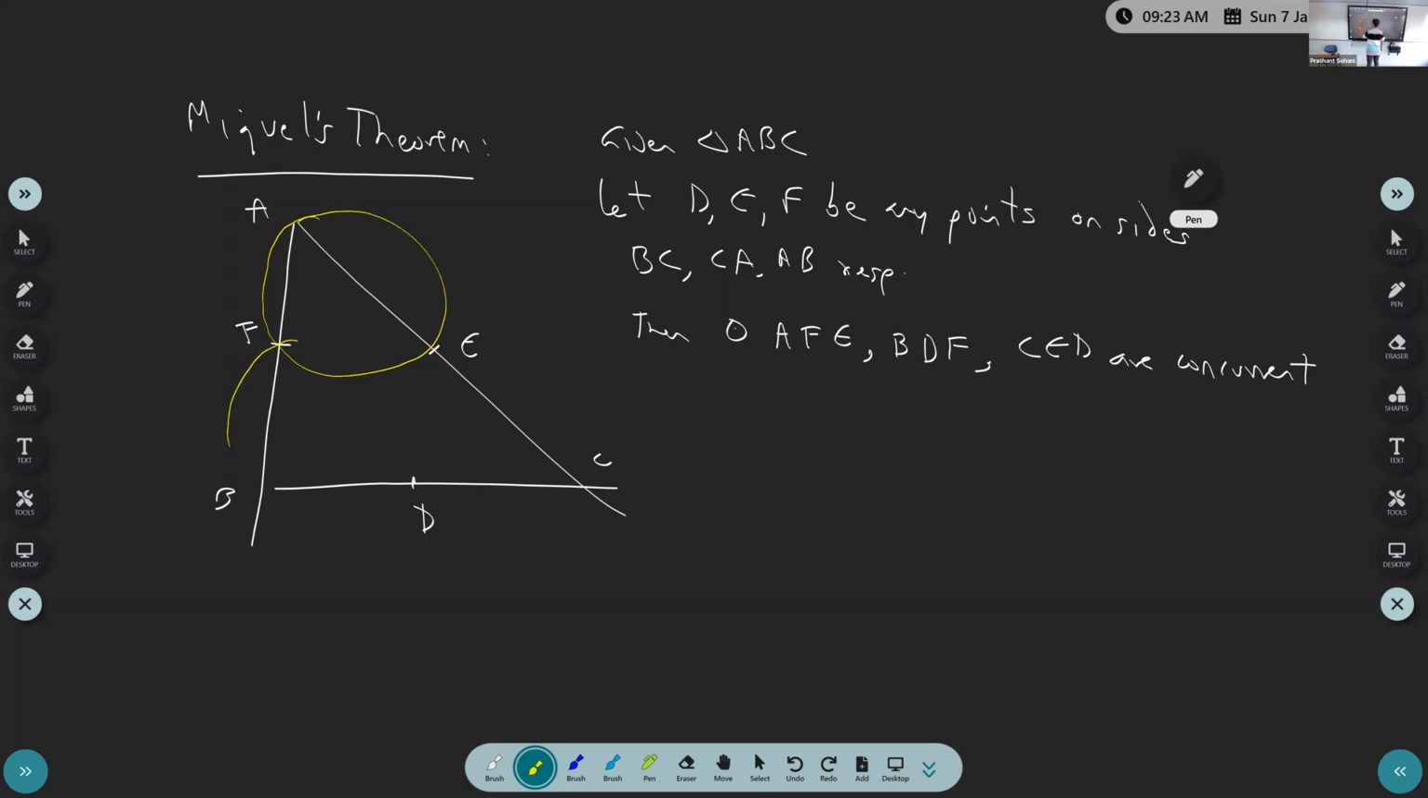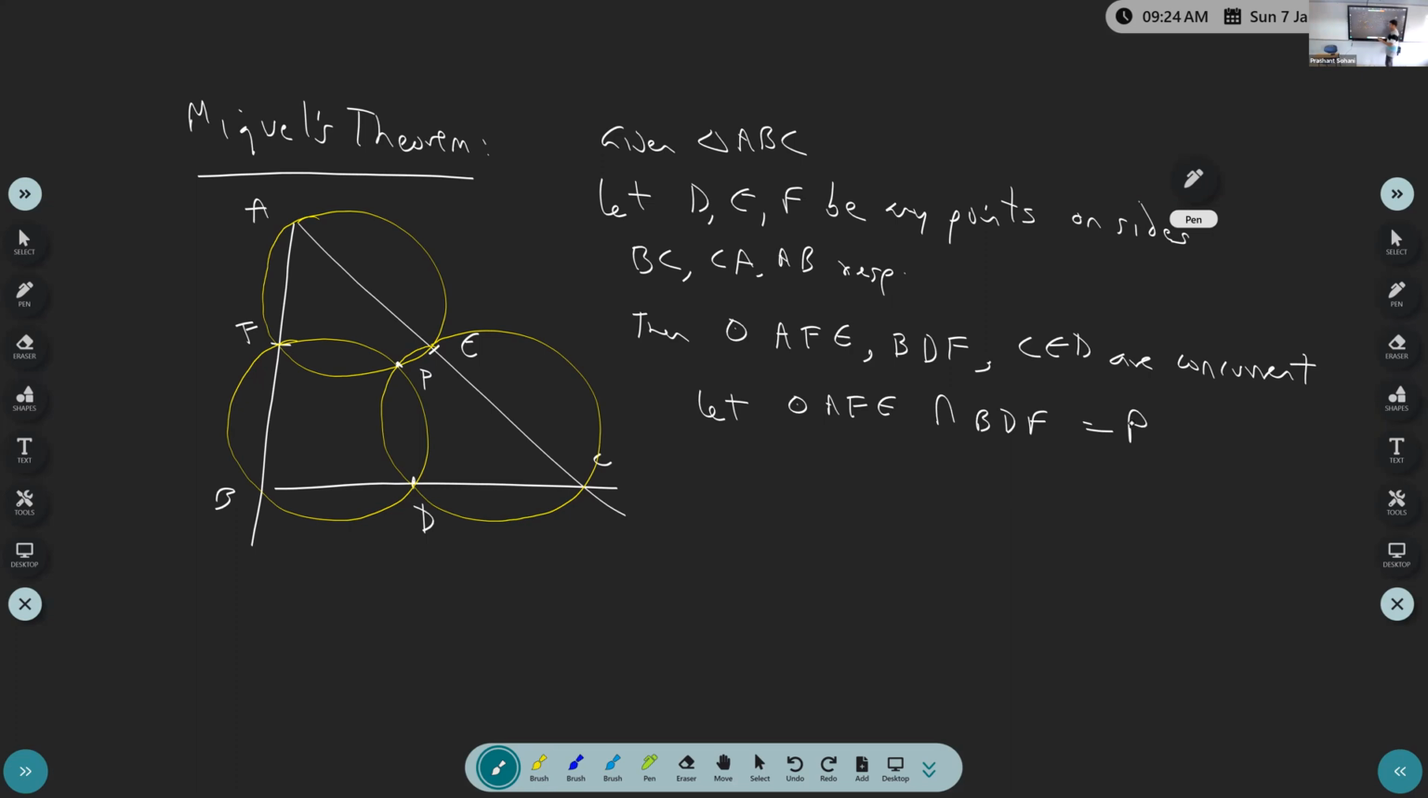So no matter which three points you take on the sides of your triangle, what Miquel's theorem says is that they are guaranteed to be concurrent at a point. And this is pretty easy to prove because basically you get cyclic quadrilaterals. Like if you assume the meeting point of two of them as this point P, so let two circles meet at P,